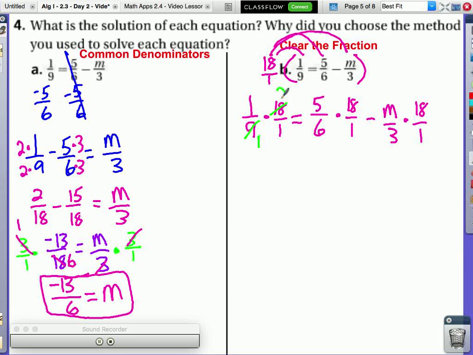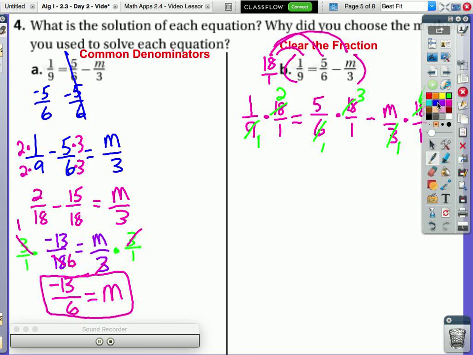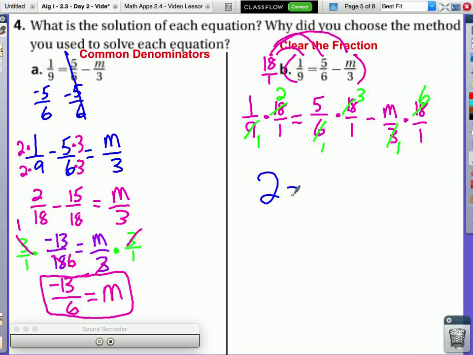9 goes into 18 2 times. 6 goes into 18 3 times. 3 goes into 18 6 times. All the bottom numbers are 1. Right? Now we multiply. 1 times 2, 2, equals 5 times 3, 15, minus m times 6, 6m, and now